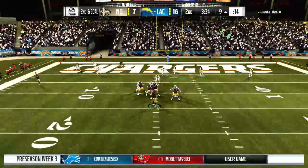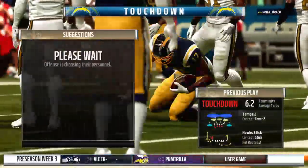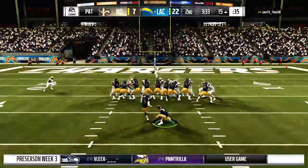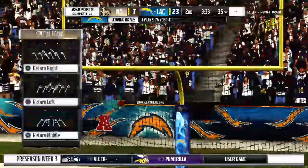Now Keenum throwing on 2nd. And he's in for a Charger touchdown. DJ Chark, a 9-yard touchdown grab. And the Chargers find a way to stretch their lead. And he'll bang that one